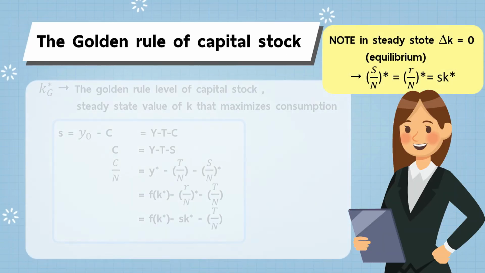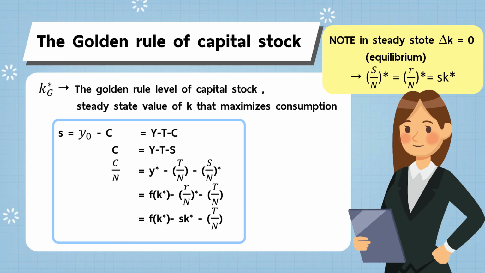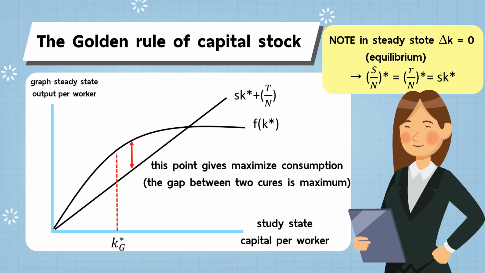The topic of golden rule level of capital stock. K star G is the steady state value of K that maximizes consumption. For the formula, saving equals income after tax minus consumption. Next, we will put it in terms of per worker form by dividing all terms by N. And in the steady state, saving equals investment and equals depreciation rate. So the final form of the equation is consumption per worker equals function of K star minus delta K star